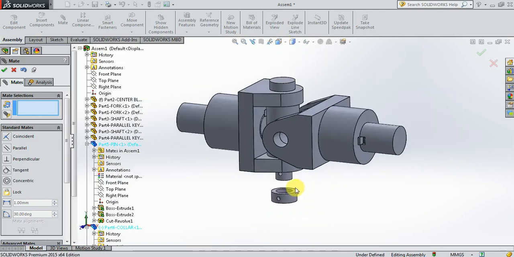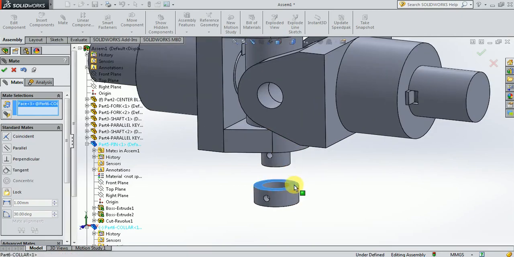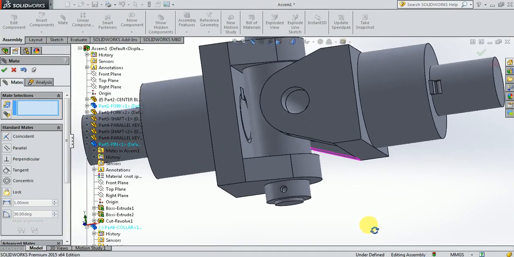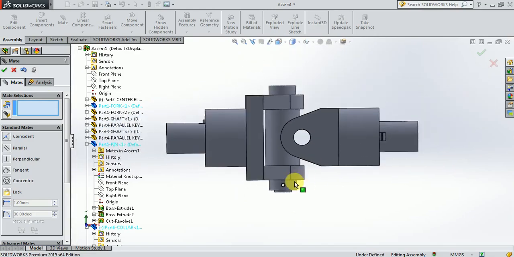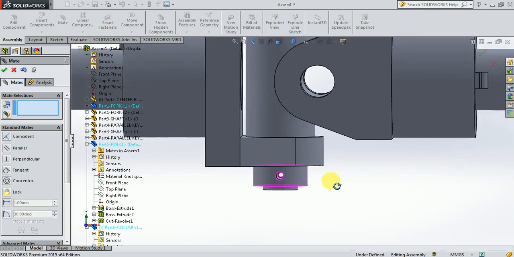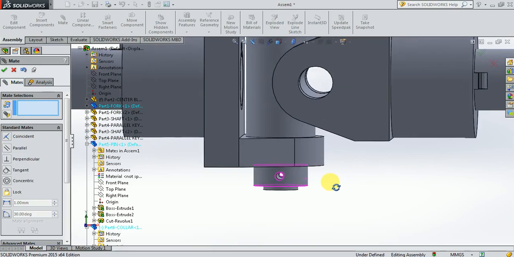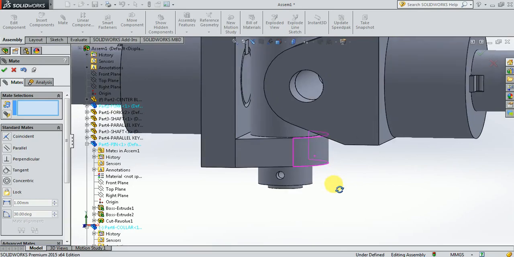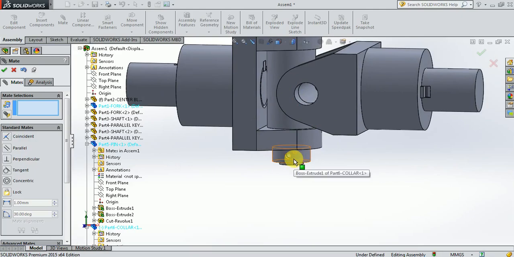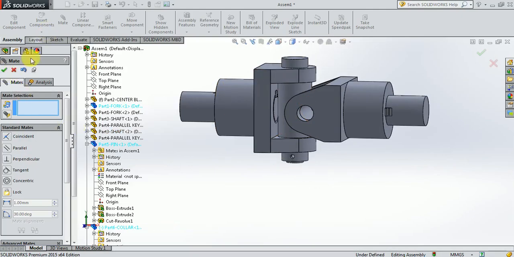Now I need to insert the collar into the pin. So I select this face and this particular face, so they will become coincident. Now you can see here, if you keep it in front view, you can see the hole. The axis of the hole in the collar and the axis of the hole in the pin are both coinciding now, because of which we can see the background here. So the axes of the tapered holes made in the collar and the pin are collinear. Now we can go for inserting the taper pin.